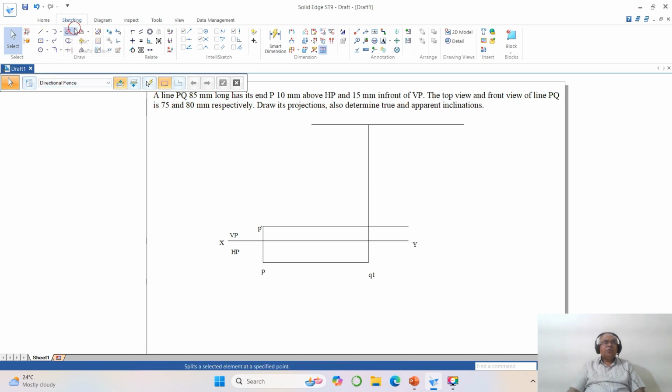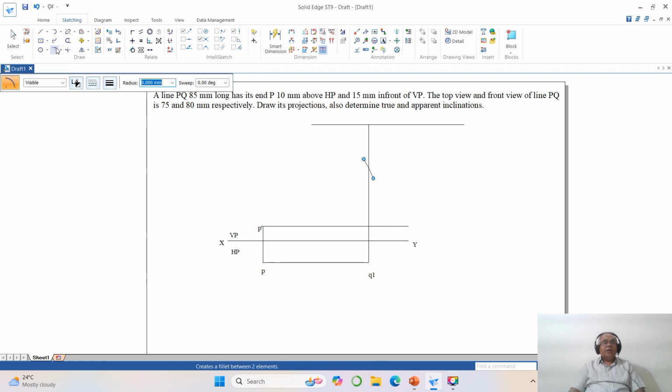To do that, I will go for the arc command and take the center point as this. Then what is the radius you want? The radius is 85 mm. What I was doing manually, you take the projector compass with P dash as center, take the radius as 85 and cut an arc on this end projector line. You similarly do the same thing here also, 10 degree. Take the cursor here and click on the vertical projector. So now you got the